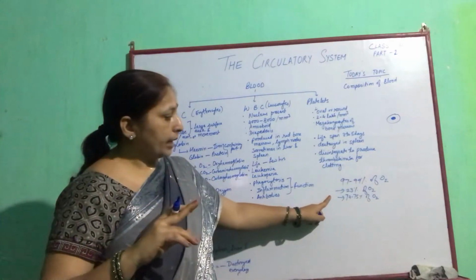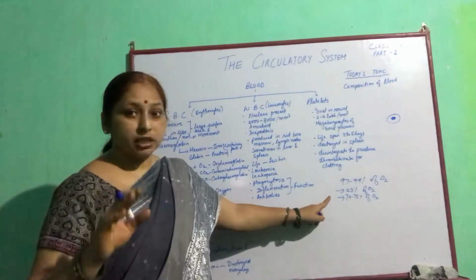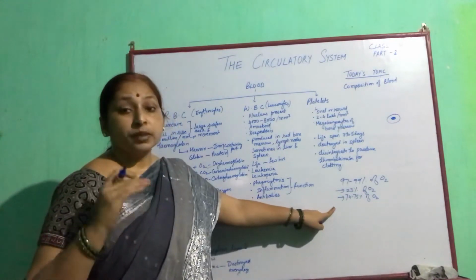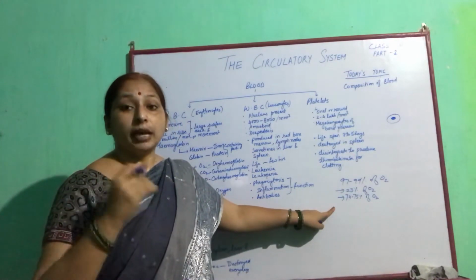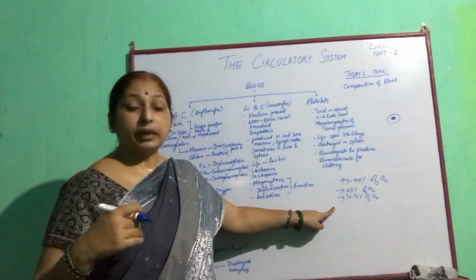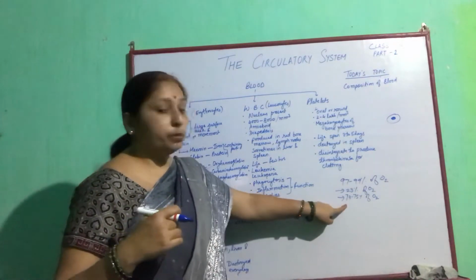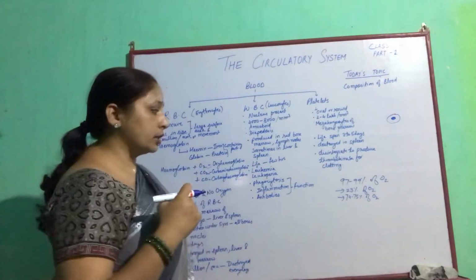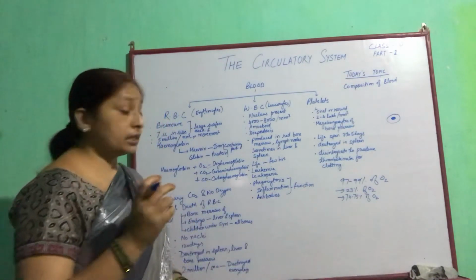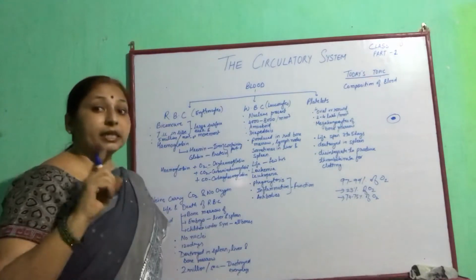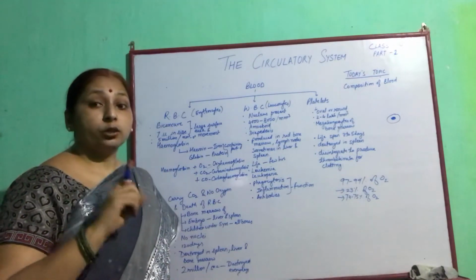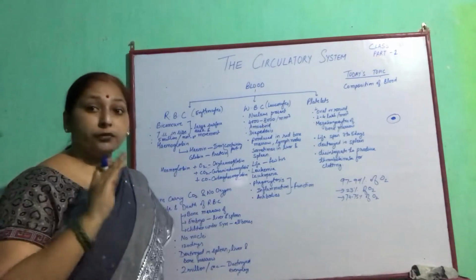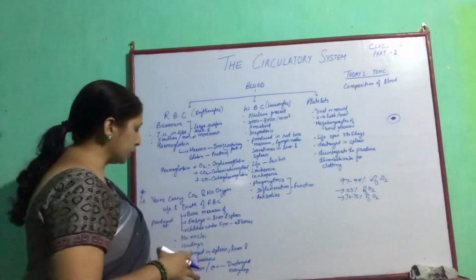Out of 97 or 99%, 23% is released, and the rest is retained by the blood, which is carried along with CO2 back by the veins. So the venous blood contains 74 to 75% oxygen. This is deoxygenated blood, but that doesn't mean it has no oxygen molecules. It contains 74 to 75% oxygen.